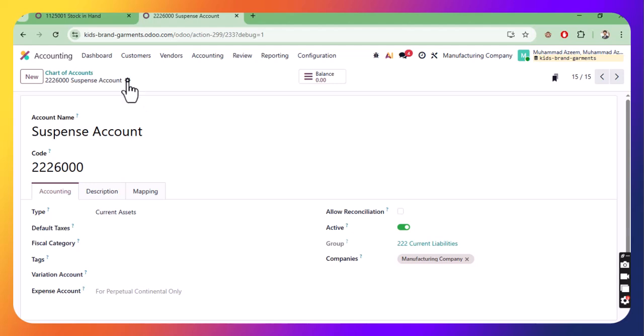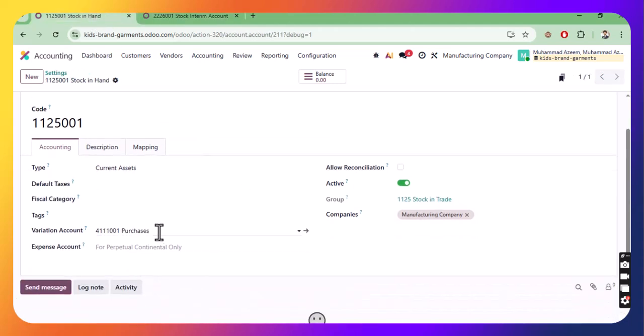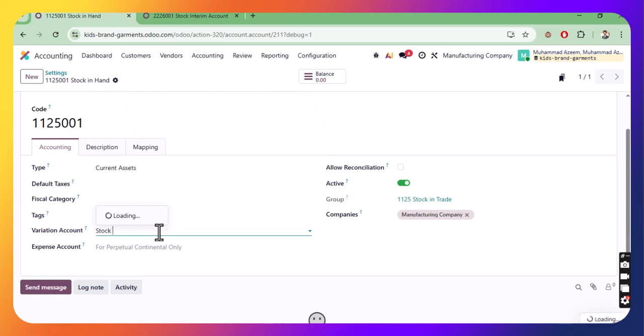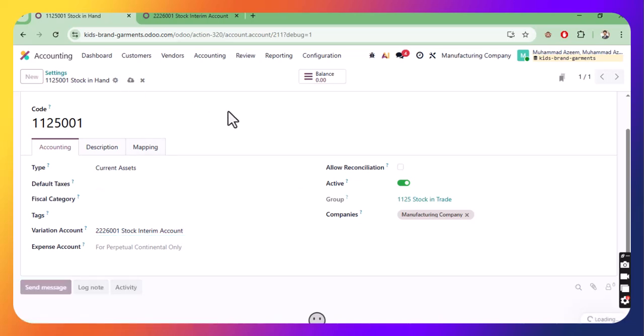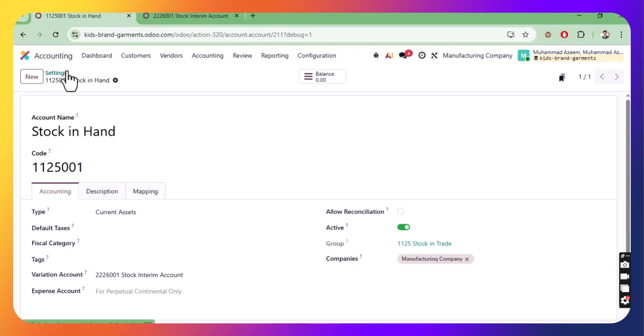Let me duplicate it, and let's go. This is my stock dealing account. Save this and going back to the other tab, I will be placing this variation on the stock dealing account. Save this. Now after applying these settings,